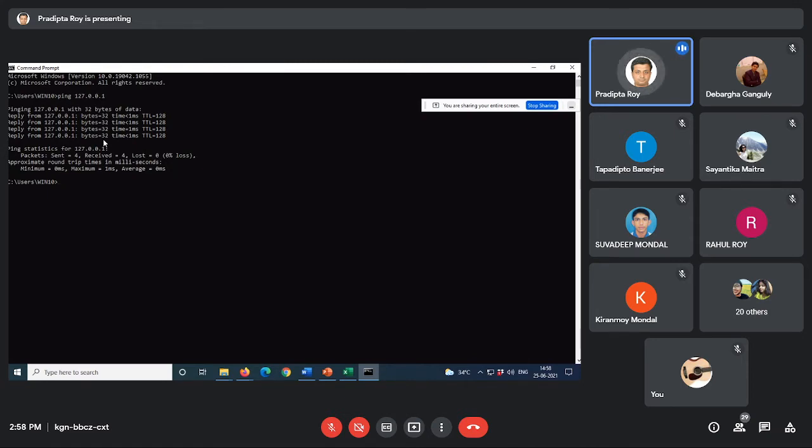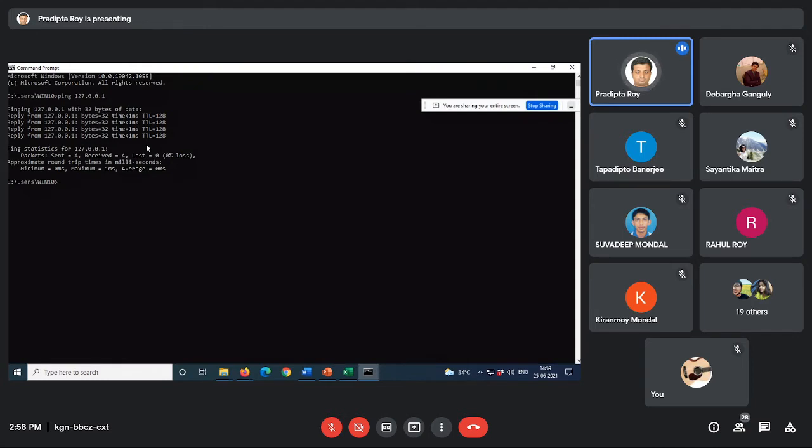If you give this command, only ping 127.0.0.1, then it will send only 4 packets, and it will try to capture those 4 packets. That means some packets will be transmitted from your LAN card through the transmission line, and the same packets are received by your LAN card through the receiving line, and then